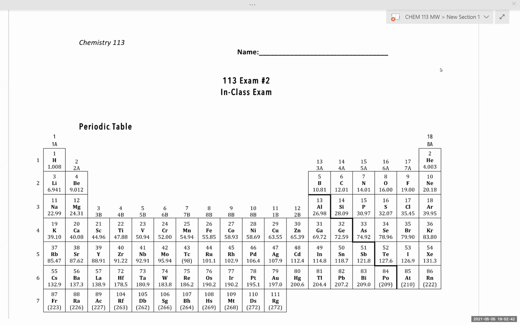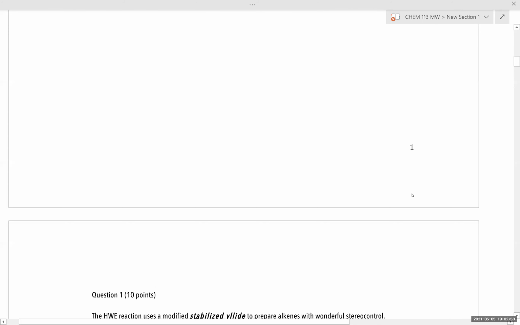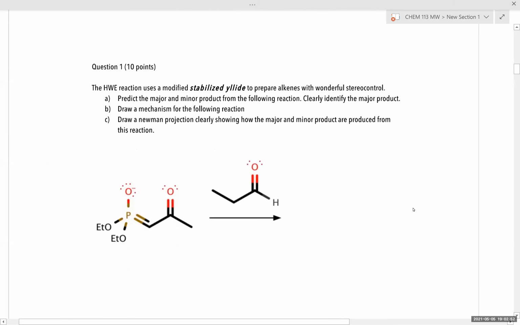Okay, so this is the discussion of Chem 113, Exam 2. We'll be going through each of the exam questions and talking about key concepts. In the first case, we're looking at question 1, which discusses the HWE or Horner-Wadsworth-Emmons reaction, which uses a